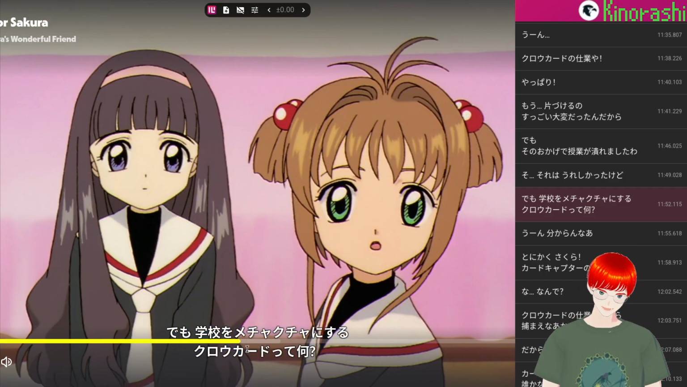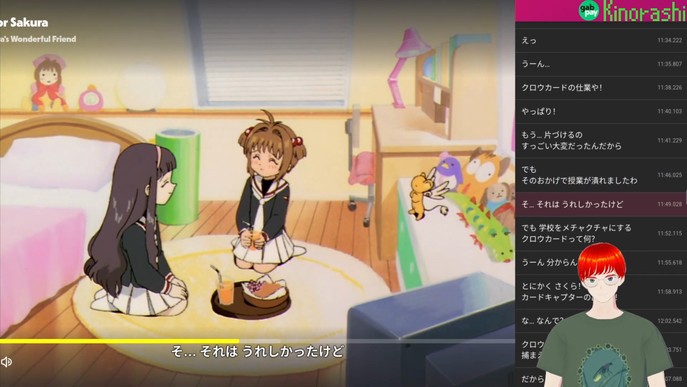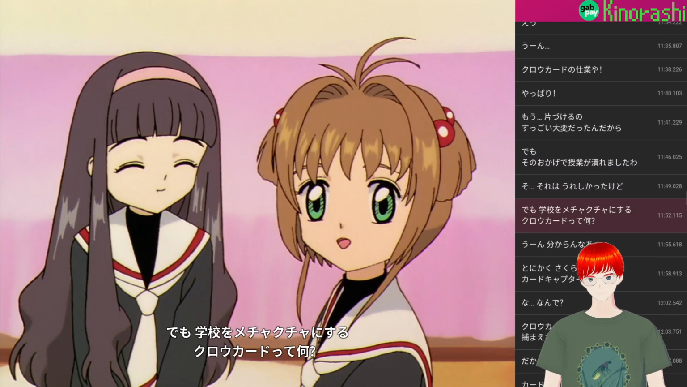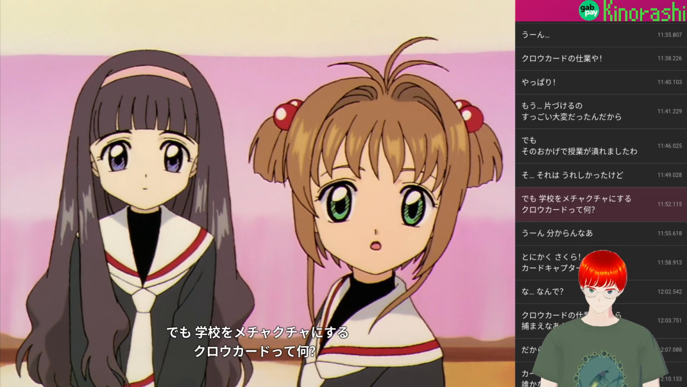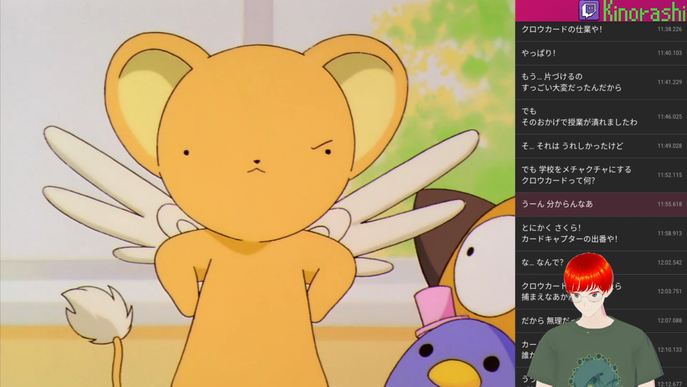そうでも学校をめちゃくちゃにするクラカードって何？ 学校をめちゃくちゃにするクローカードって何？潰れましたわ。それは嬉しかったけど。でも学校をめちゃくちゃにするクローカードって何？わからんな。